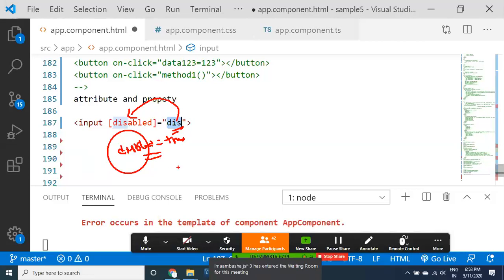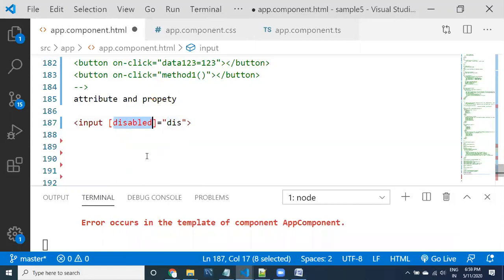Now, why are we discussing this concept? There is a lot of chance of confusion, a lot of scope to enter into a confusion state. Why? Because the name disabled is available as an attribute for the input, and disabled is also a property available for the input DOM.